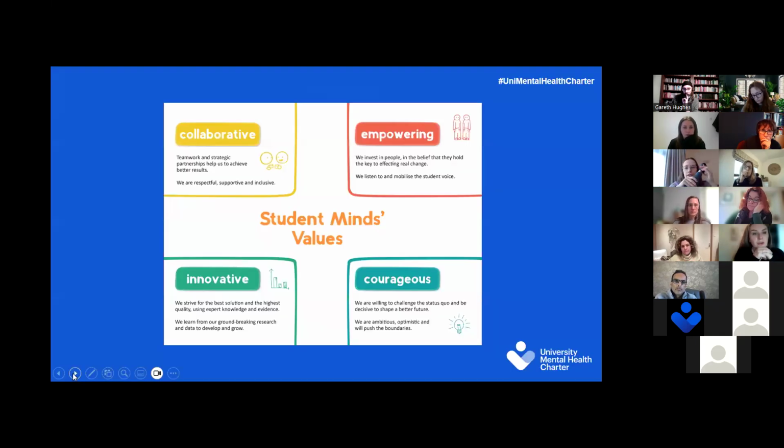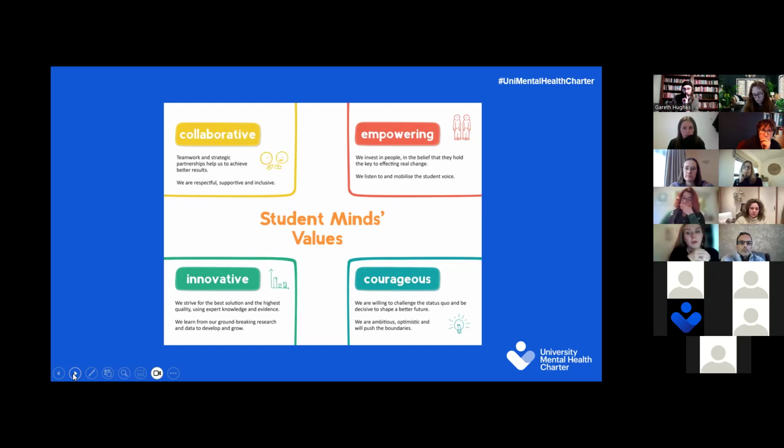So what we'd like to do is to put all of this role in the context of the Student Minds values, because in my opinion, everybody who's an assessor is part of the Student Minds family. And when assessment teams go out and undertake a site visit and are working with an institution, they're often referred to as the Student Minds assessors. Whilst you're seen in almost a dual role, you might be somebody from Leeds Beckett University, but you're also there on behalf of Student Minds, and the university, in particular those staff in the wider panels and focus groups, will just see you as a representative of Student Minds.